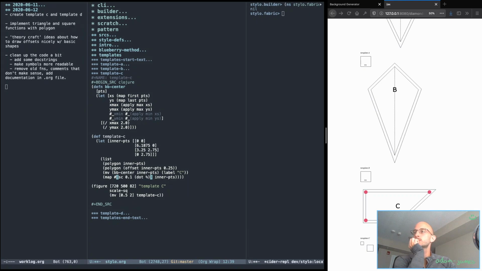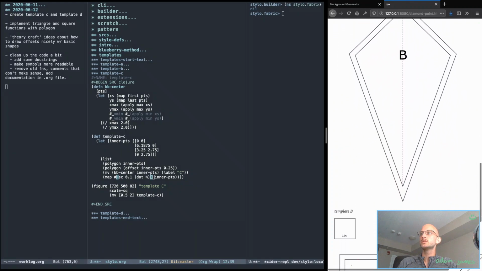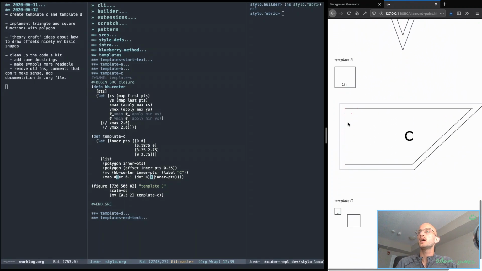Oops. So we should see this shrink to a more, whoop. What have I done? Okay, I've put the scale on the incorrect spot here. I have to